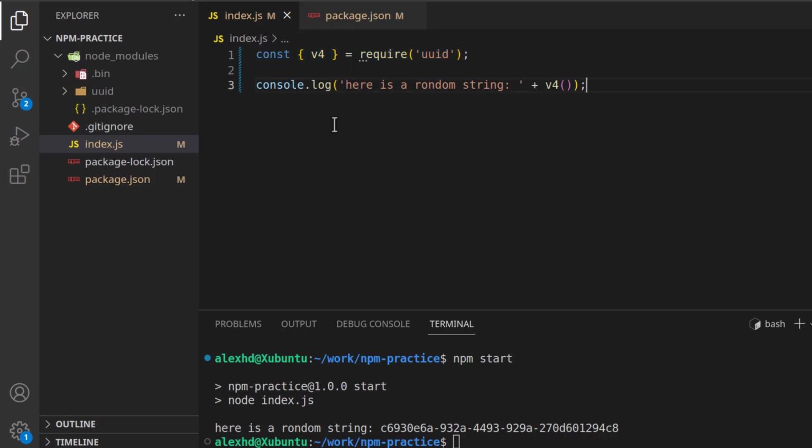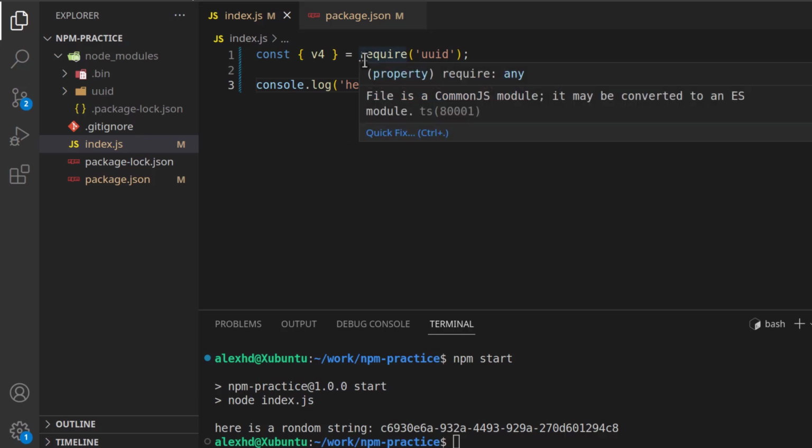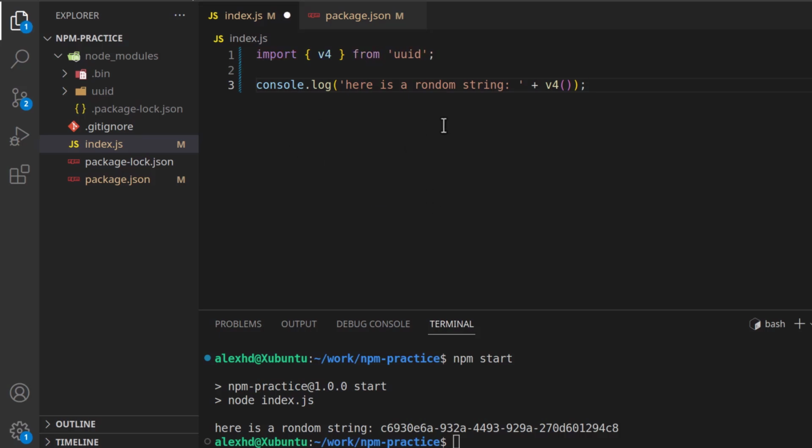The more popular way is by using ECMAScript modules, or by using the import-export syntax. I prefer it because it is a little easier to read. Even VS Code prompts us to use this approach. It tells us that the file is a CommonJS module that may be converted to an ECMAScript module. If I press quick fix and convert it to an ECMAScript module, I will use this more modern syntax,